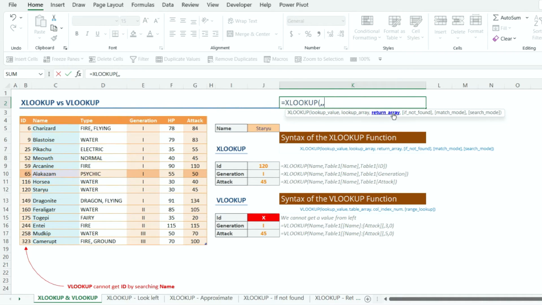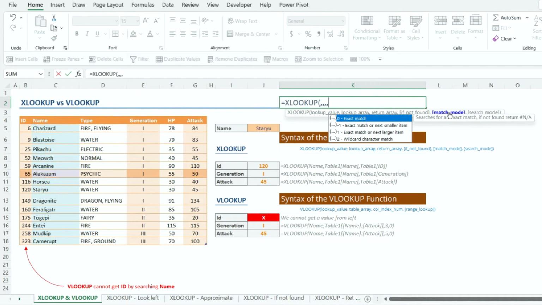Then the return array is what you want to return. This time we are not counting the index. That's why XLOOKUP now becomes easier. So you just select attack if you want to return attack. Then another option is, if you don't find it, what should it bring for you? That is another option we have with XLOOKUP and we don't have with VLOOKUP.